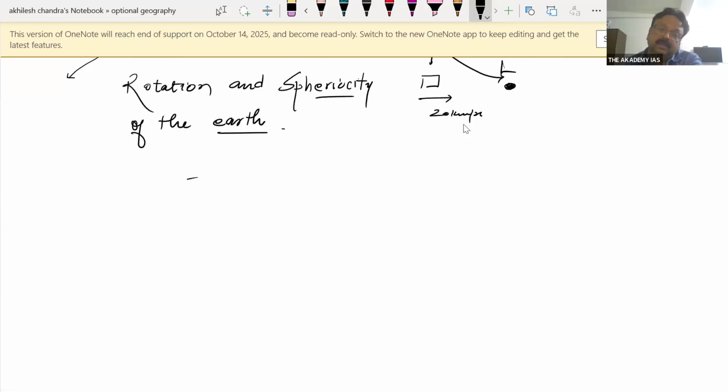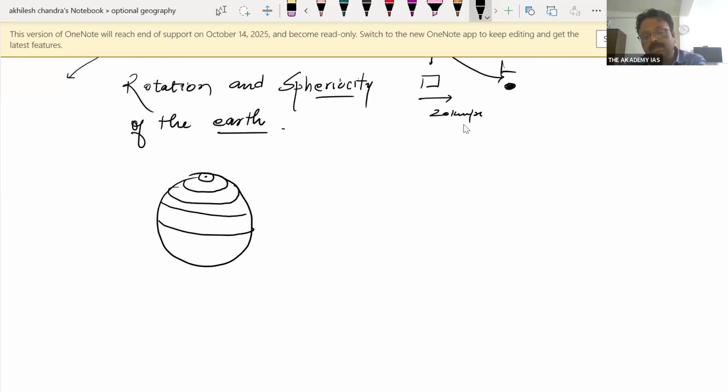अगर अर्थ इस तरह से स्फेरिकल है बच्चे, तब इक्वेटर सबसे बड़ा है, और जैसे जैसे हम पोल की ओर जा रहे हैं, जो सर्किल लैटिट्यूड की है वो छोटी होती चली जाती है, और पोल पे ये पॉइंट के रूप में शो करती है। लेकिन इसी कारण से हर पॉइंट अलग अलग स्पीड से चल रहा है। लेकिन ये अर्थ अगर मान लो ऐसे रेक्टेंगल होती,